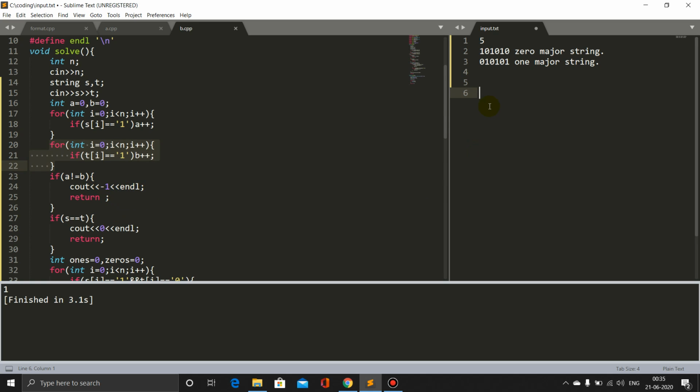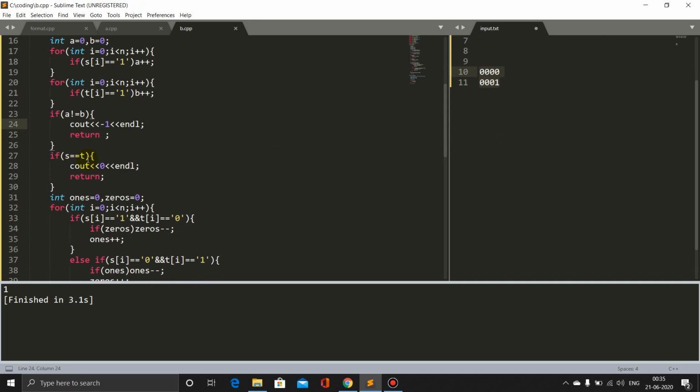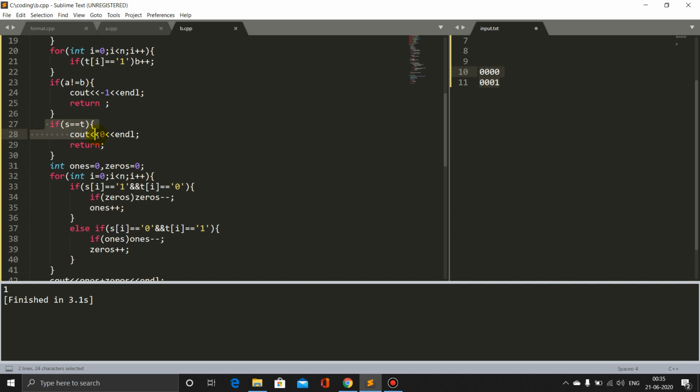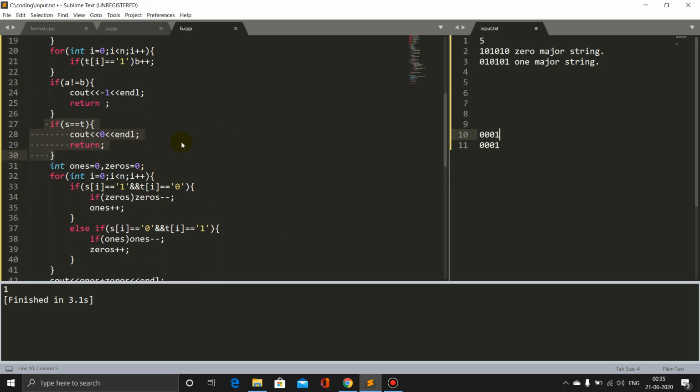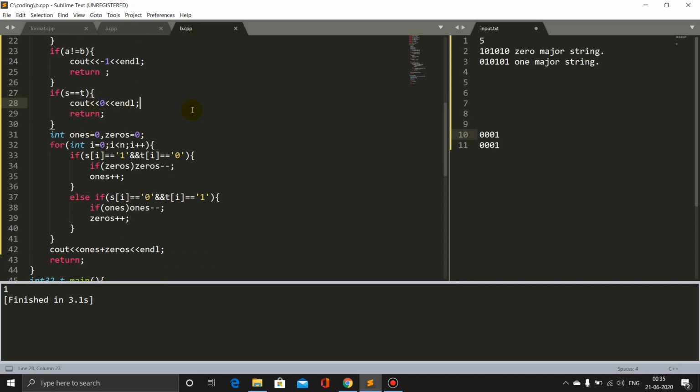For example, let's look at this 0 0 0 0 0 0 1. These two strings cannot be converted into each other. And now let's look at another condition. If S is equal to T, if both strings are already equal, we don't need to do anything else. So we'll just give our output 0 and end our function here.